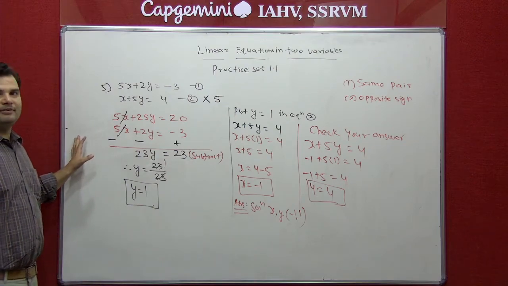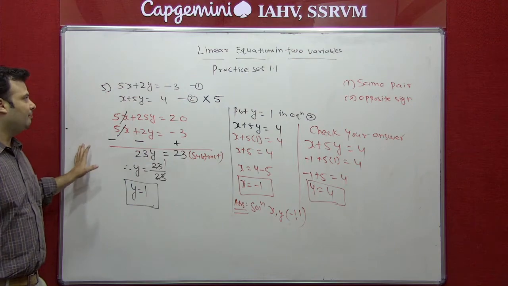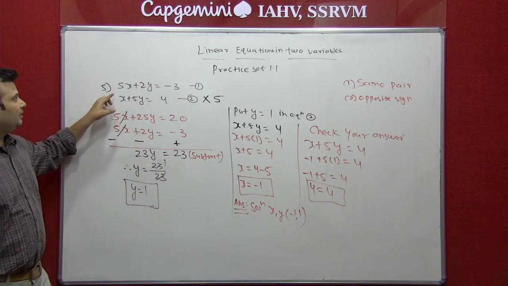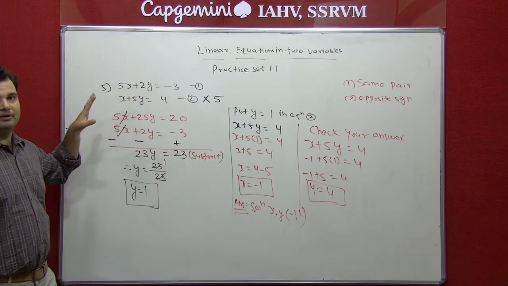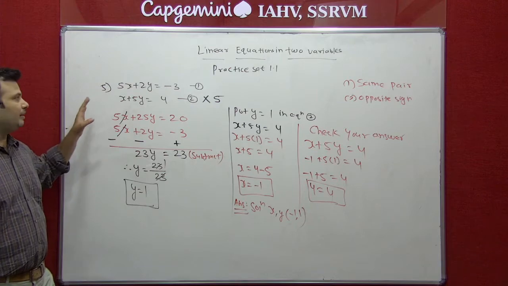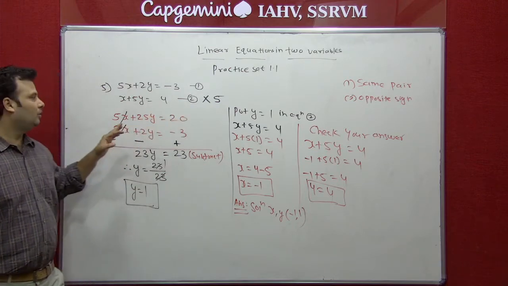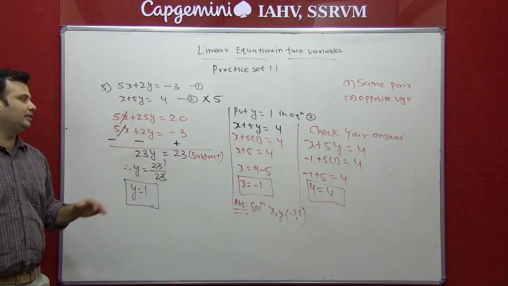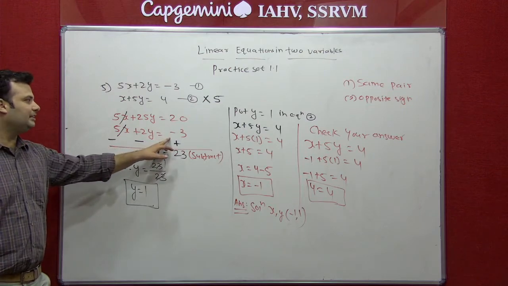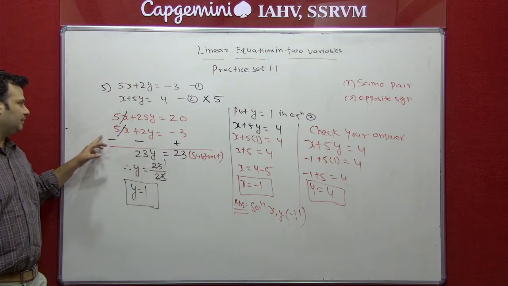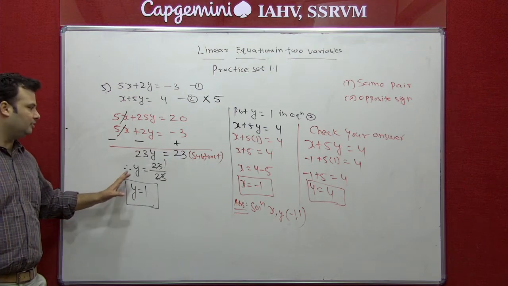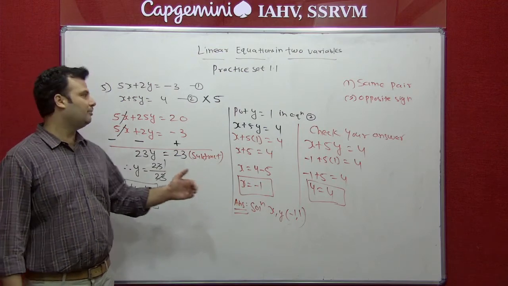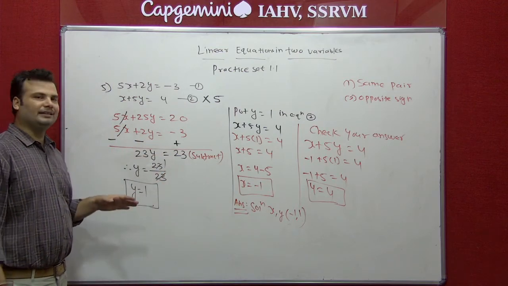So always remember that whenever you want to solve any linear equation in two variables, first two parameters you have to remember: same pair and opposite sign. So in this sum, 5x and x, 2y and 5y. So nothing is common, so we have to make a pair, so we can multiply by 5. So it becomes 5x plus 25y equal to 20, but the second parameter is opposite sign, so we can subtract. So what happens, signs will change, minus becomes plus, plus becomes minus, plus becomes minus. Then we can find the one variable, that is y, 23 upon 23, answer is 1, and we can put this value in equation number 1 or 2, either way we will get the same answer.